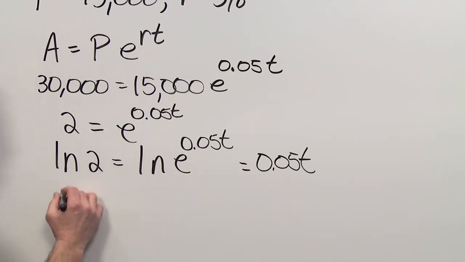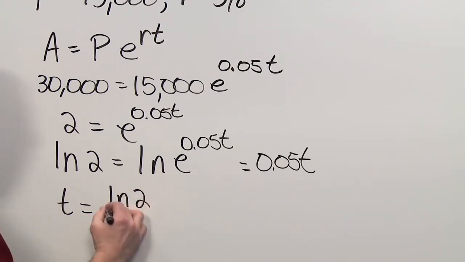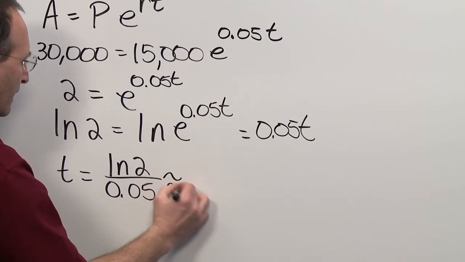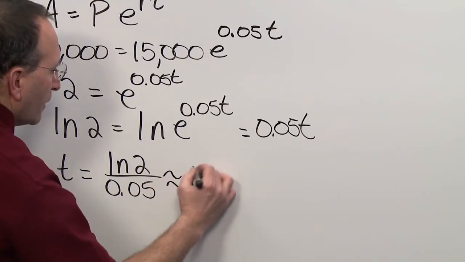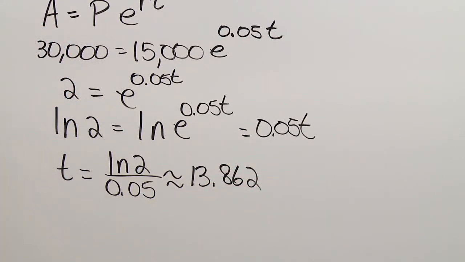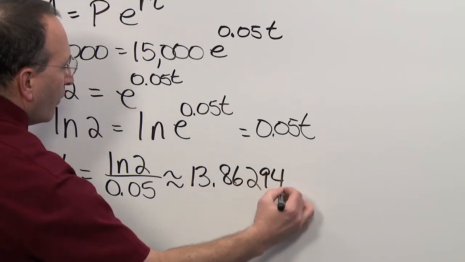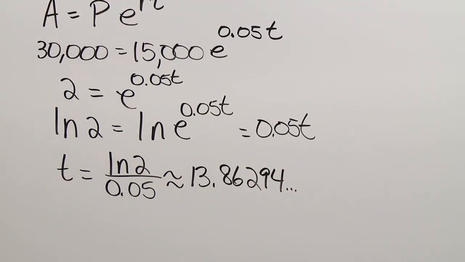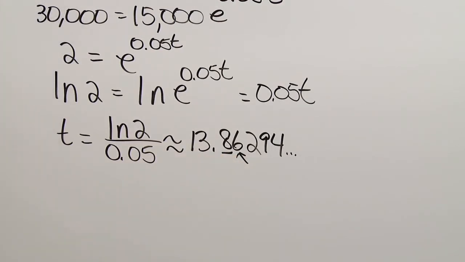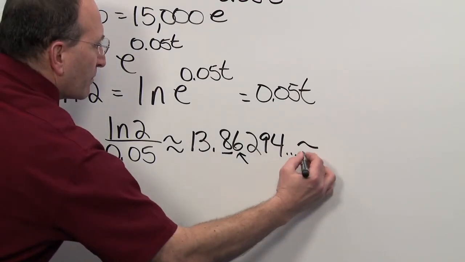I'm going to write the t first, so t will equal the natural log of 2 divided by 0.05. If you use a calculator to evaluate that, it's approximately equal to 13.86294, and it keeps going. We were asked to round it to the nearest tenth, and so that's why I can stop here, because here's the tenth. We only need to look at the 6, which is 5 or greater, so we add 1 to the 8, so it's approximately